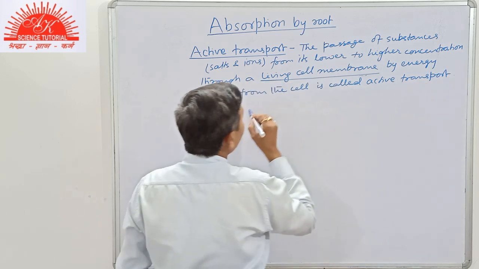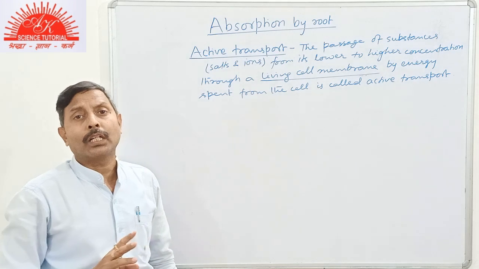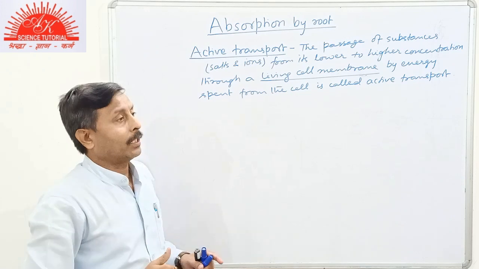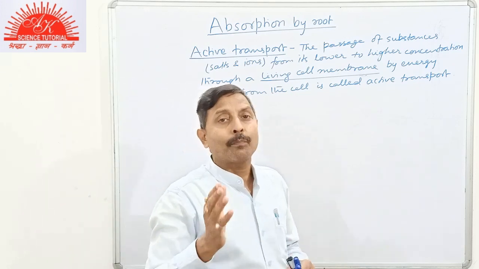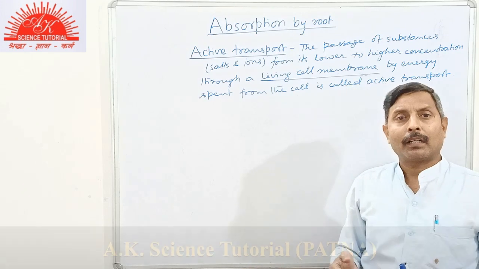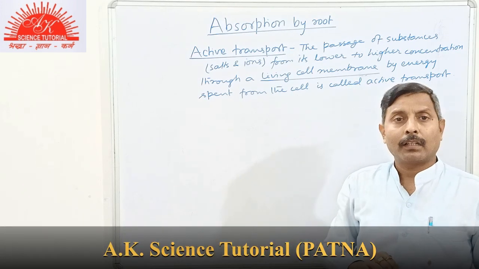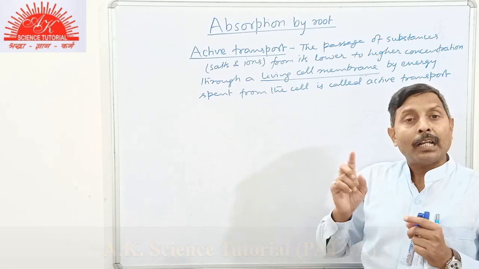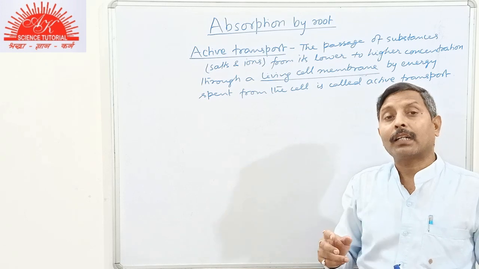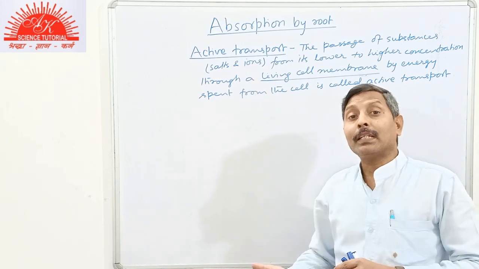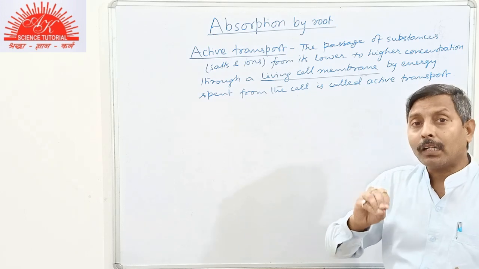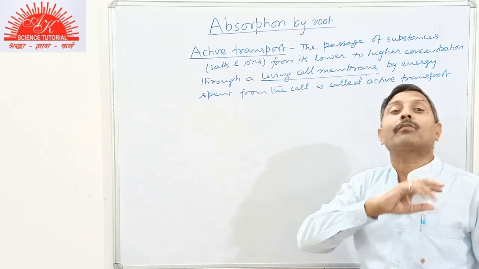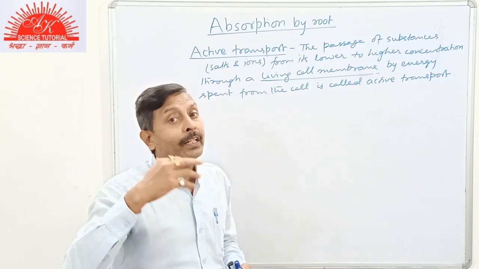So here, students, we see that in diffusion two substances remain in direct contact. In osmosis, the two solutions are separated by a semi-permeable membrane that may be living or non-living, like living cell membrane, egg membrane, and so on. Non-living, cellophane paper and other things. So in previous cases the membrane may be living or non-living, but here we must need a living cell membrane, means active transport takes place through a living cell.